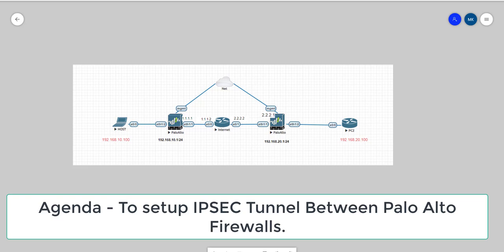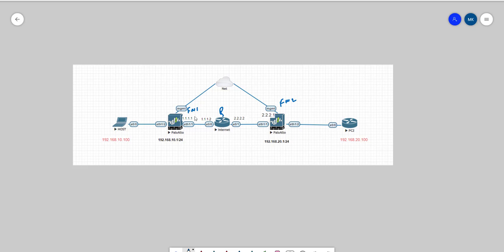Okay, so basically, as you can see from the screen, we have these two Palo Alto firewalls connected by a router, right? Then on the egress side of the firewall,